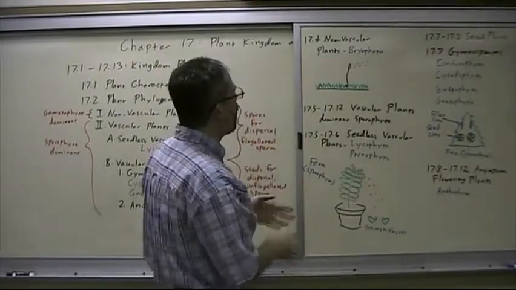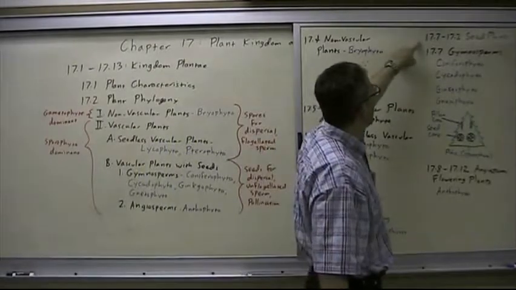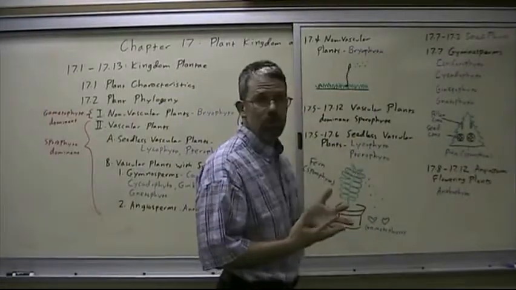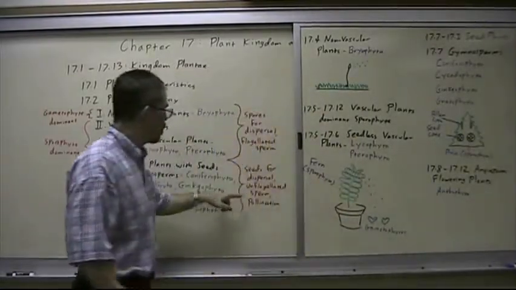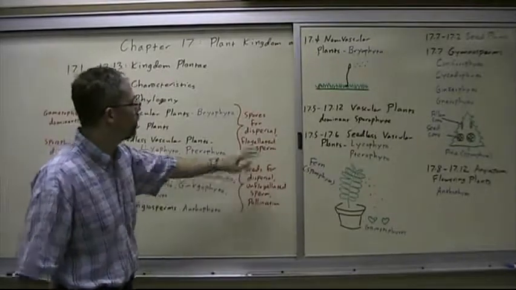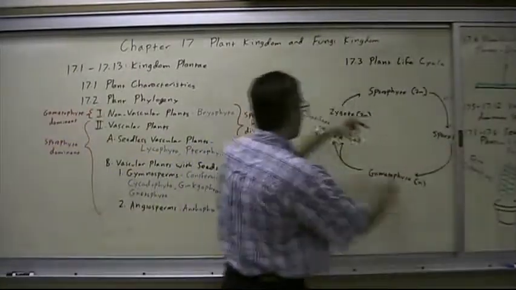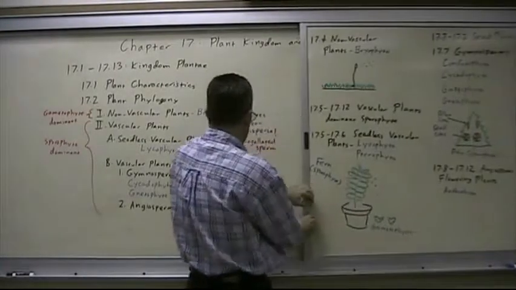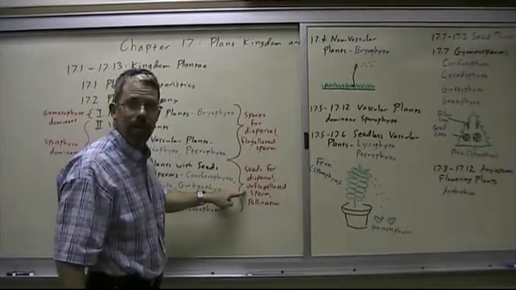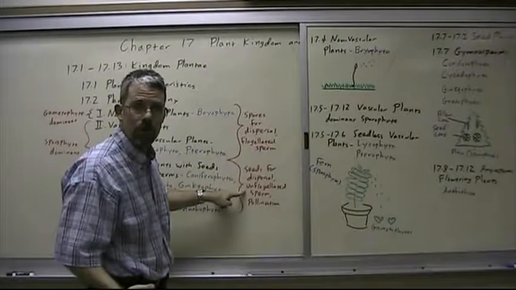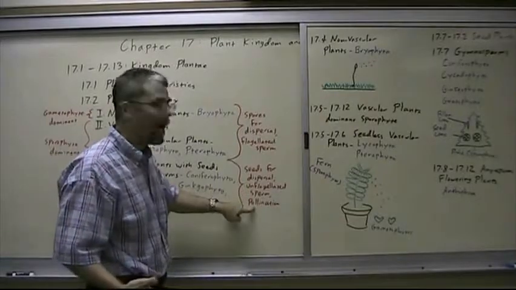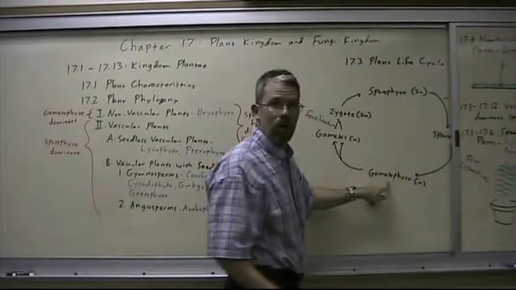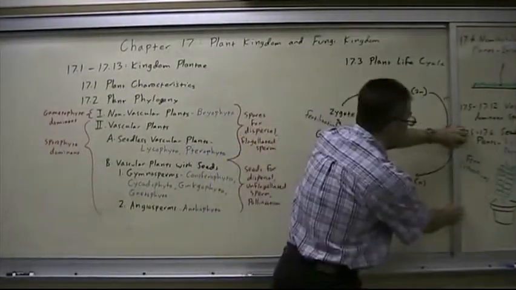Now, among the seed plants, we have section 7 through 12, where they disperse using seeds instead of spores. So with the seed plants, the seeds, which is really this part of the life cycle instead of that part. So, seeds for dispersal, unflagellated sperm, which means they don't need environmental moisture. They can fertilize in a dry environment, and they pollinate. In fact, the pollen grain is the male gametophyte stage. That's how tiny it is.